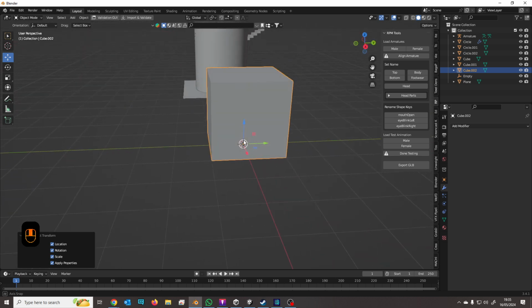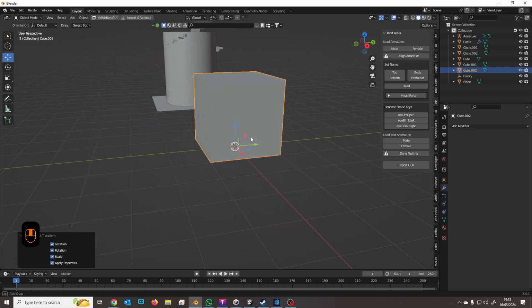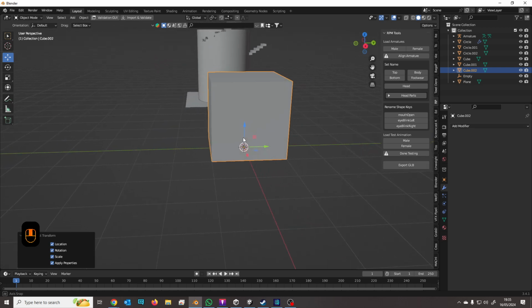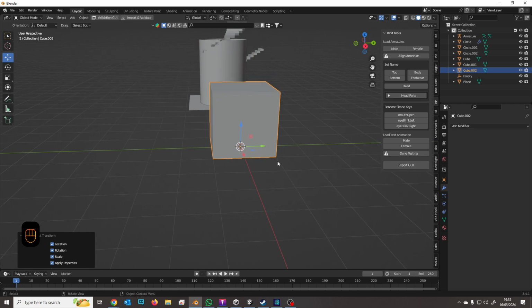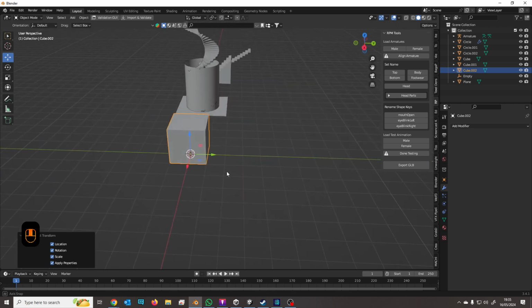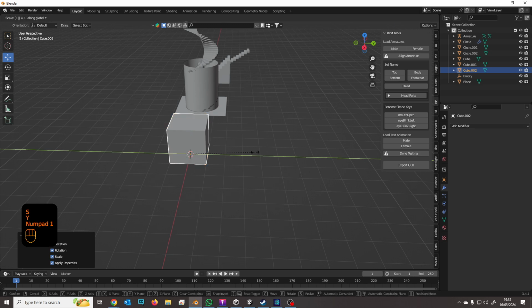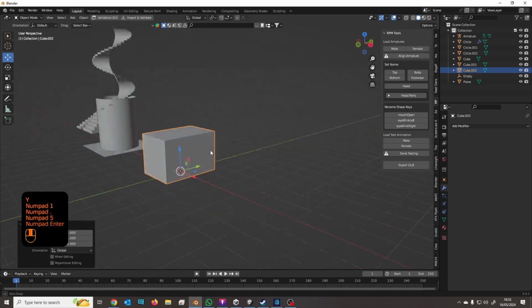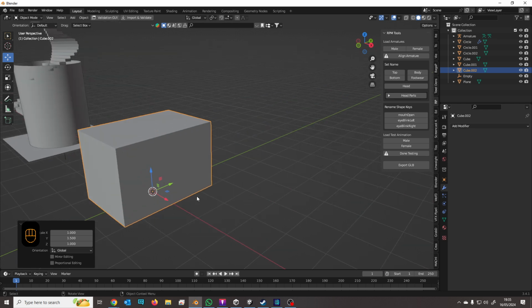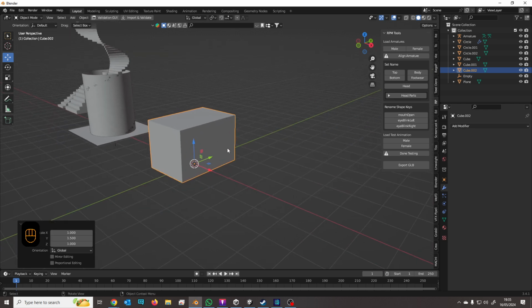What some people would do is they would make the box fit exactly the space that the stairs have got to fill, where they're going to start, where they're going to